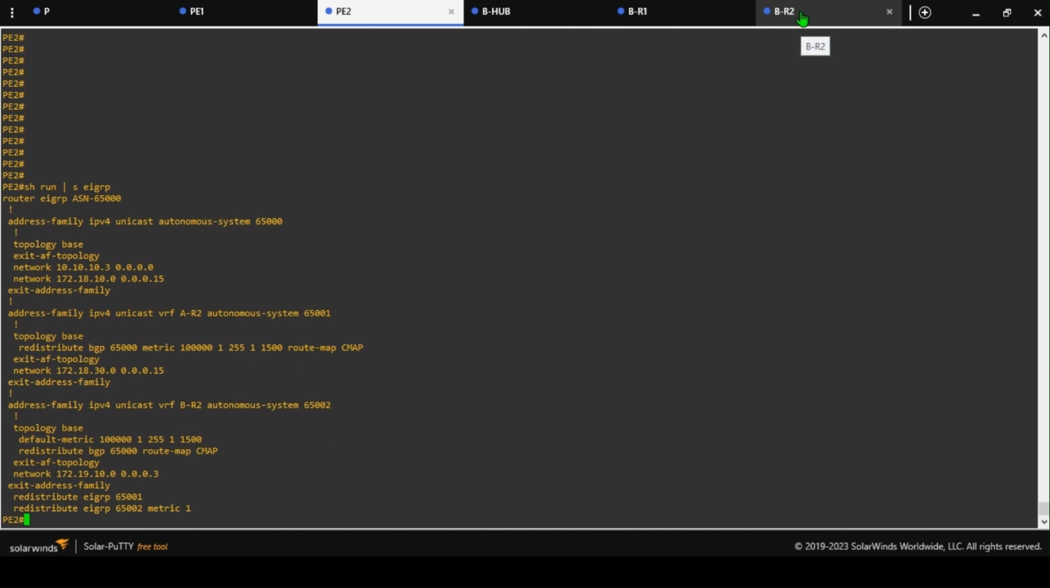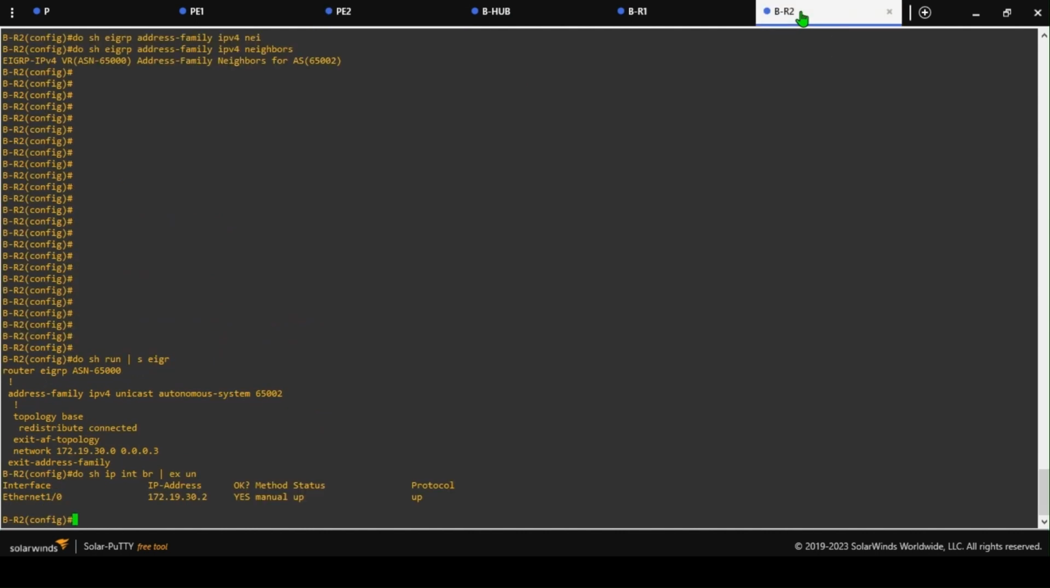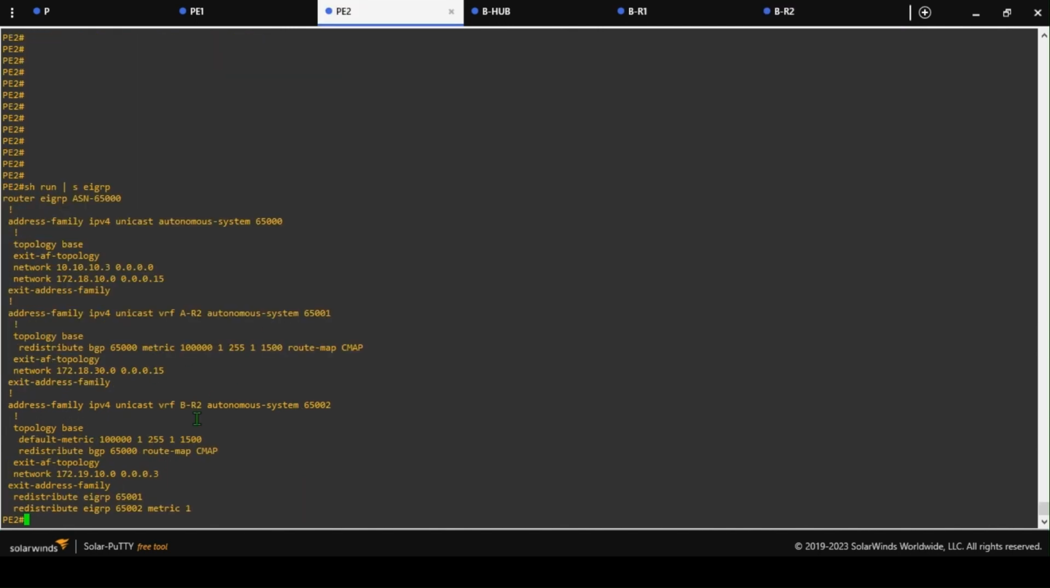Autonomous system number, is it the same or not the same? Okay, the same, 65002, but I used a different name. 65002 should come up. And then the network. I didn't specify the network. I did